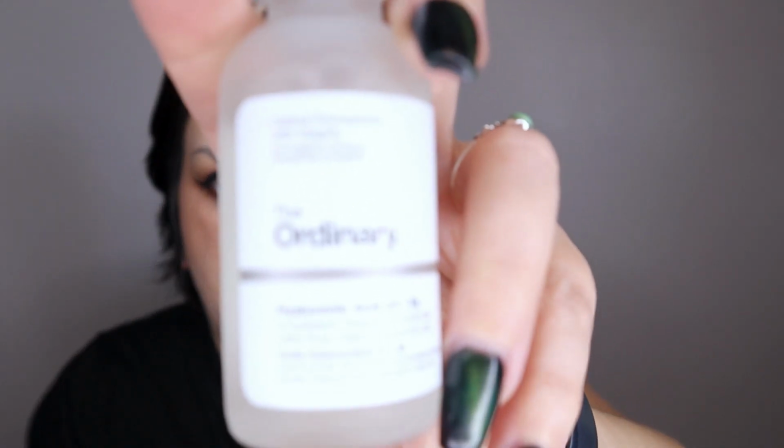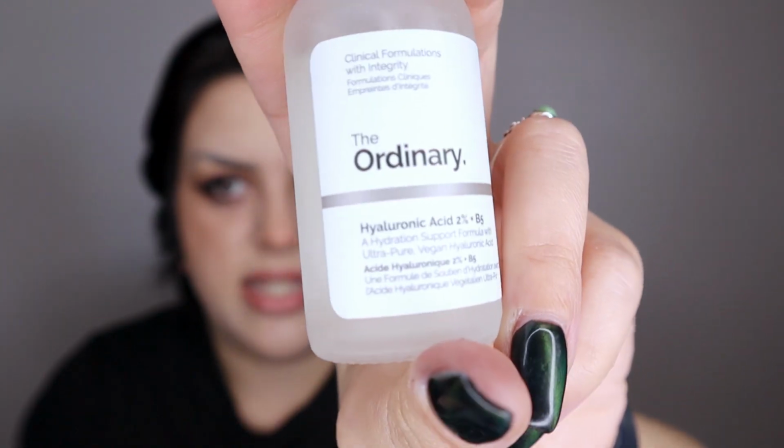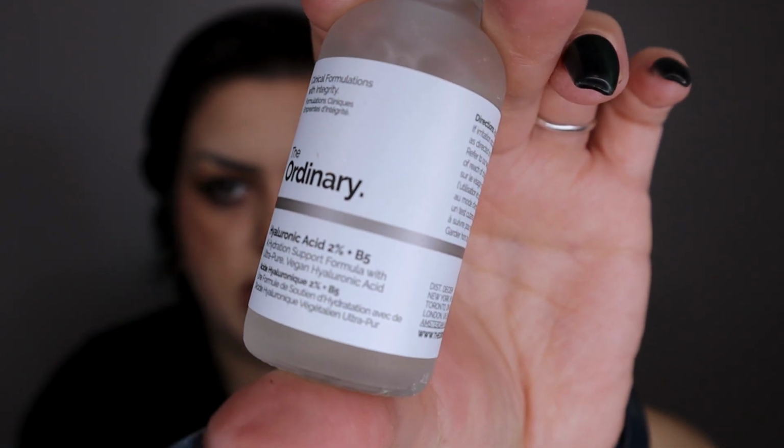The next thing I'm going to be adding to my skincare project pan is going to be my Ordinary brand hyaluronic acid. This is so good for anybody that has acne or acne scarring. It helps reduce inflammation, but it also helps smooth the skin surface,